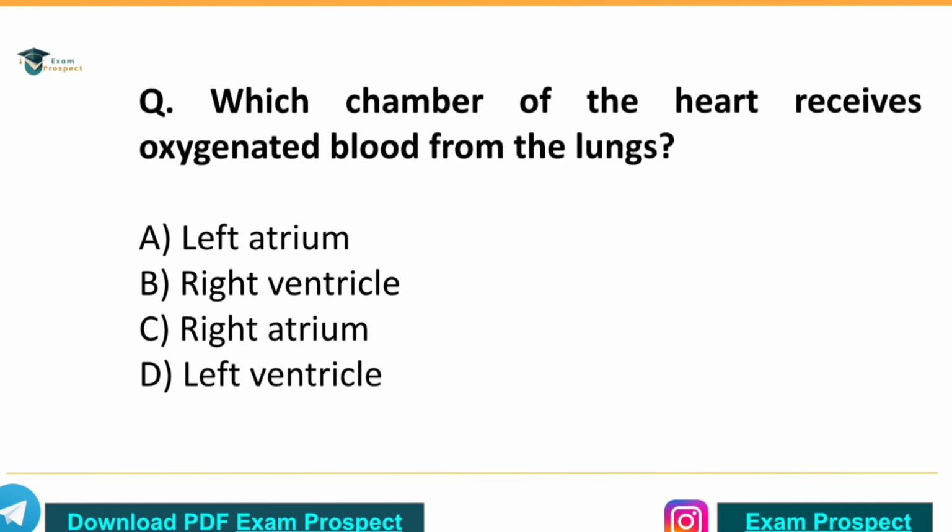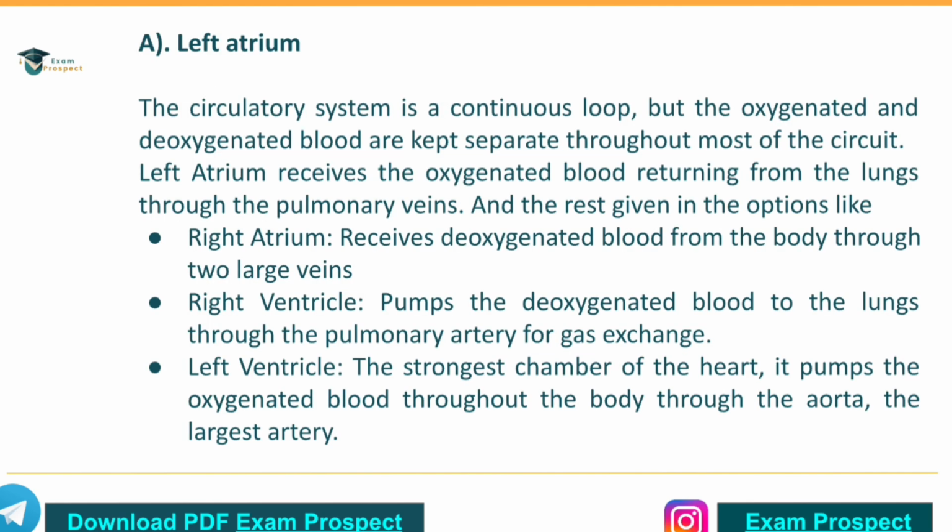Next question. Which chamber of the heart receives oxygenated blood from the lungs? Correct answer is option A, left atrium. Here, the circulatory system is a continuous flow, but oxygenated and deoxygenated blood are kept separated through most of the circuit. The left atrium receives the oxygenated blood returning from the lungs through the pulmonary veins, and the rest given in the options are like: